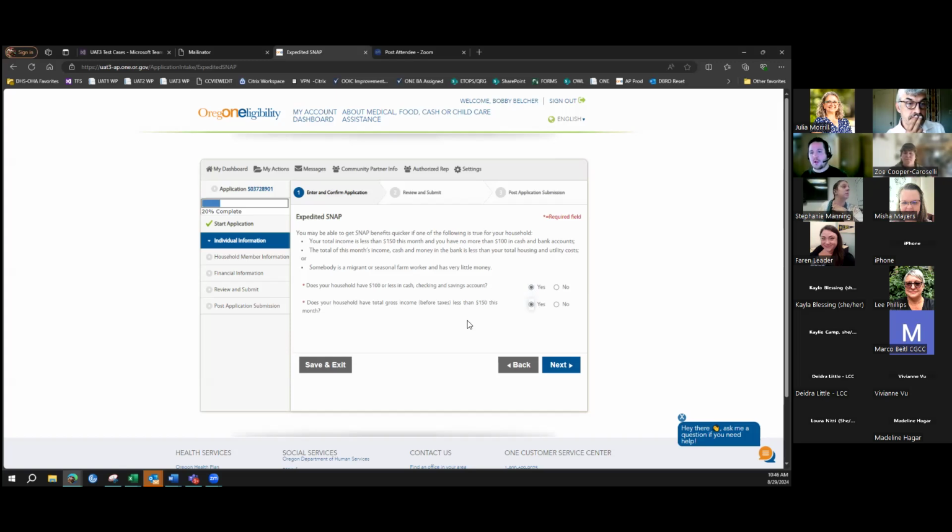And then, as mentioned, the processing time frame would go from 30 days down to just 7 because this person has what's been indicated to be potentially a higher need for assistance. And with that comes a reduced amount of verification that we need to do. Essentially, we just need to verify for that first month of benefits the head of household's ID. We would take statements on things that aren't questionable, like income, and then do what's called a soft pend in our system and request that information be verified for ongoing benefits, but allow that person to receive assistance right away without having to track down pay stubs, things like that, if they qualify for this expedited service.